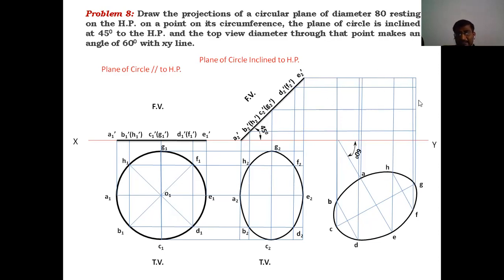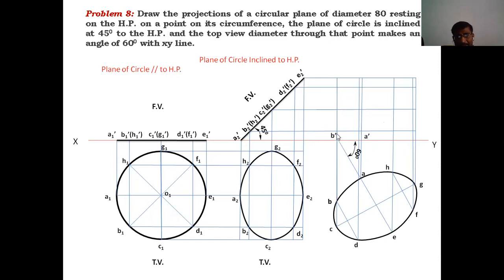After getting the grid in the third stage front view, how do we locate the intersection points? The intersection points are located as A dash, B dash, C dash up to H dash. So how to get A dash now? A dash is the point of intersection between the A projector and the A2 dash projector. This point is A dash.